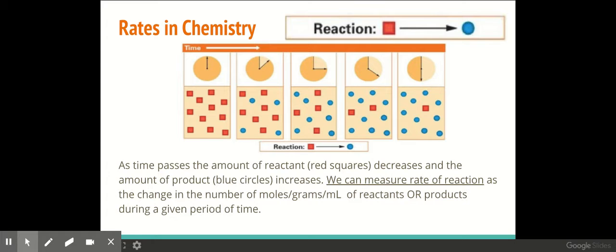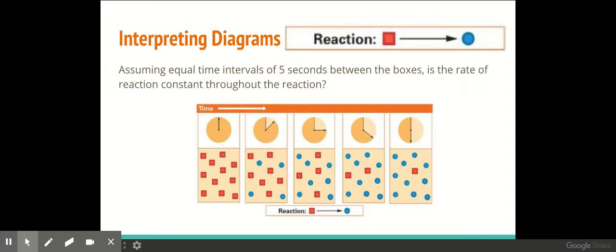We can actually measure a rate of reaction as the change in the number of moles, or possibly the number of grams or milliliters, or molarity, of the reactants or the products over a given period of time. When you interpret these diagrams, you may have to make some assumptions, like think of these blocks as each being equal to 5